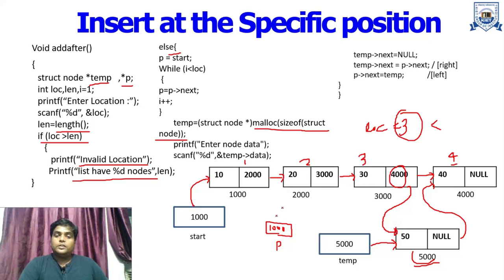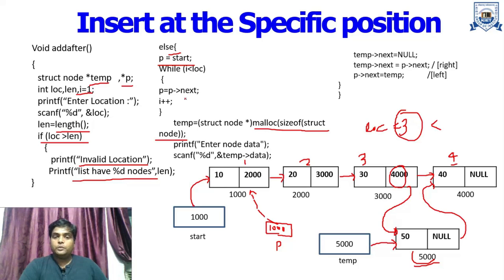So what we do, first of all we just provide the value of start to this p variable. Okay, now the value of p is what? That is 1000. So initially the value of p is 1000 because here we use p is equal to start. So the value of p is 1000 and p is temporarily pointing to this particular node, that is the very first node. Okay, now we check while i is less than location. Initially we had assigned 1 to i. We will start the location from 1. 1 is less than location, that is 1 is less than 3, condition is true.